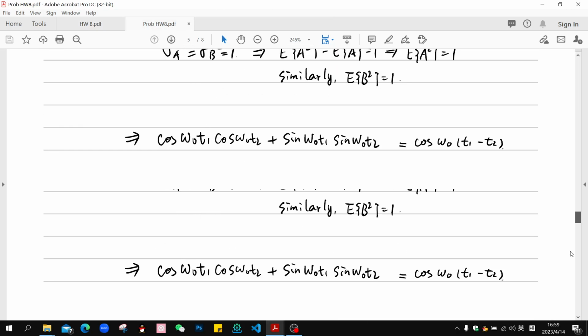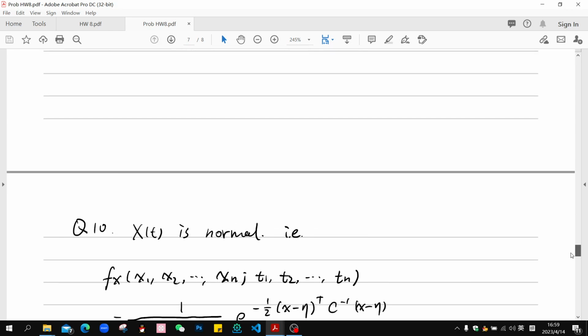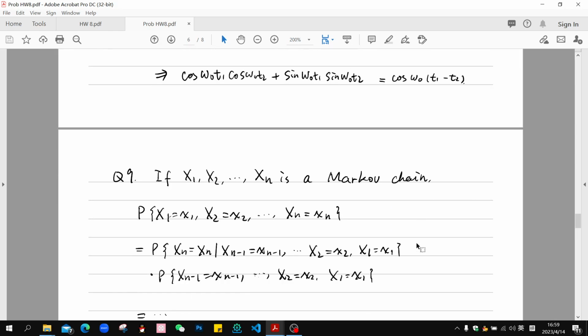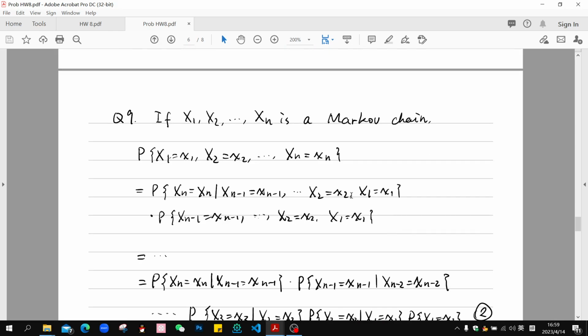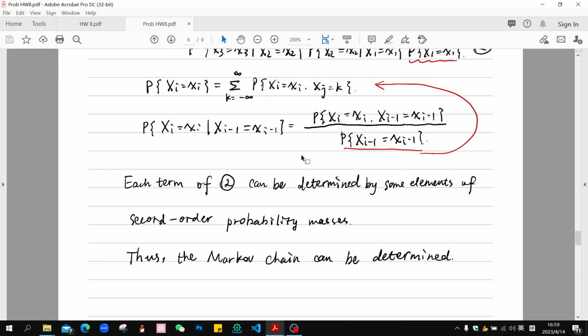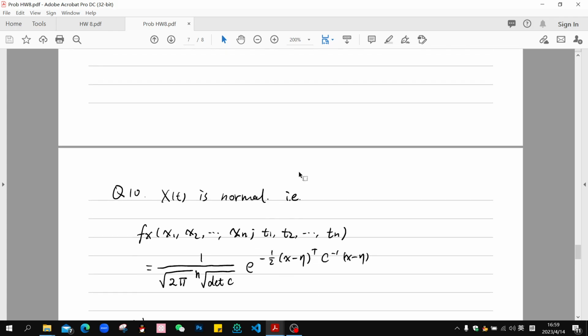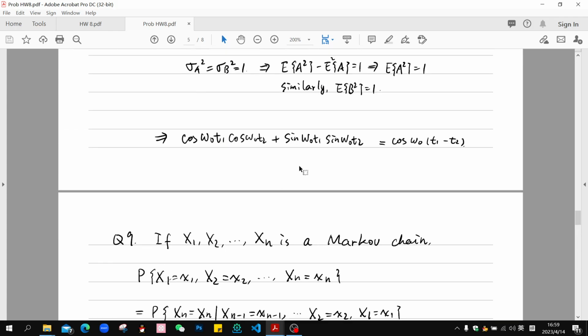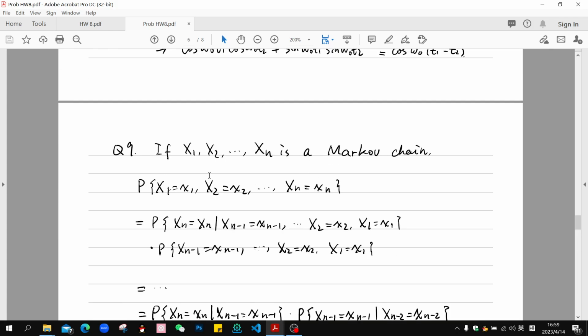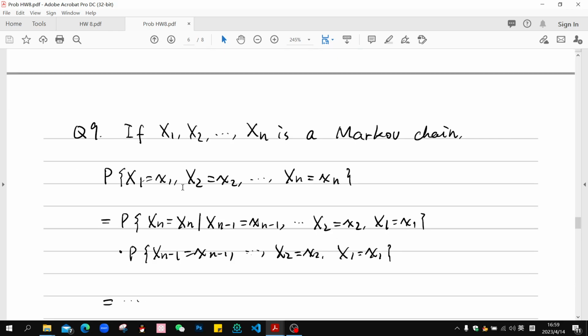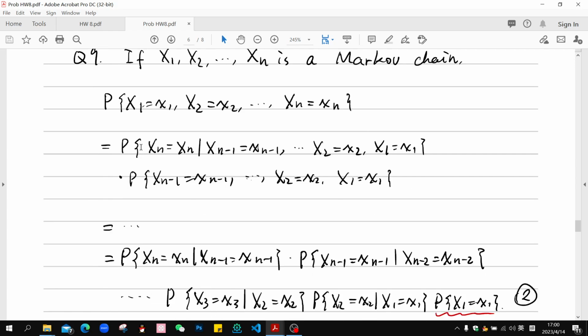We can refer to the answer here. If X1, X2, down to Xn is a Markov chain, we know that the probability of X1 = x1, X2 = x2, down to Xn = xn